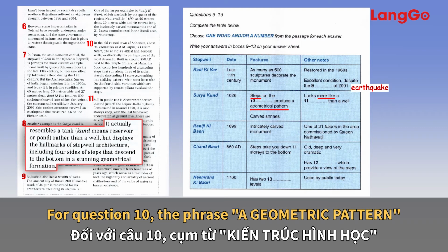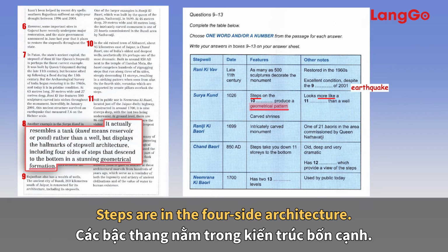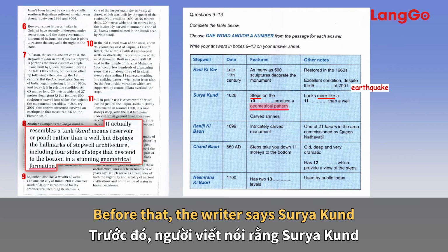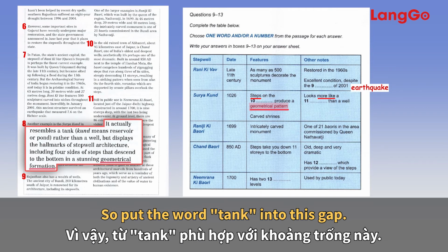For question 10, the phrase a geometric pattern has the same meaning as geometric formation in the passage. Steps in the 4-sided architecture. So the word to put in gap 10 is 4 sides. Before that, the writer says Sunya Kund is more similar to a tank than a well, so put the word tank